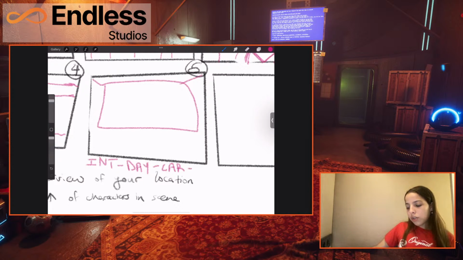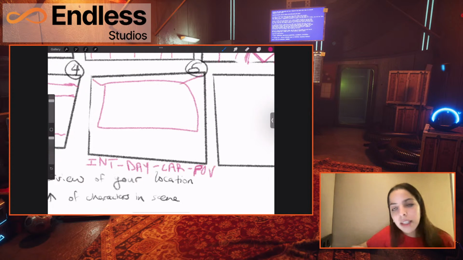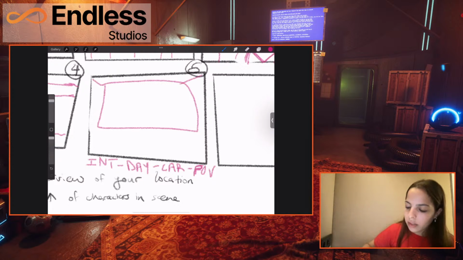I also want to note that this is going to be from a first person perspective. So I'll just write POV for point of view. And in the lines, I've described that we're looking at the scenery from within the car, from the point of view of our character.